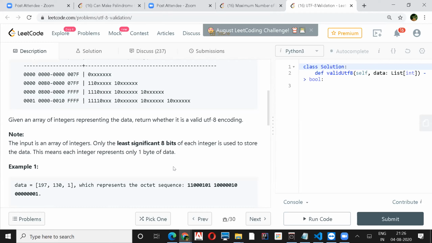But how will you count the first 3 bits? Yeah, that is what I was thinking. First, when we convert it into binary in Python, we'll be having a string form, right? Yes. So in a string we can count the number of ones. Well, that is a good option, but do we really want to convert into a string? Can we not do it without converting into a string? No, when it is converted into binary, automatically we'll get it in the string format.